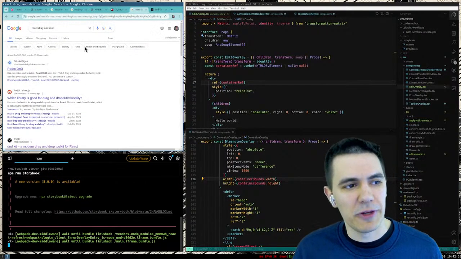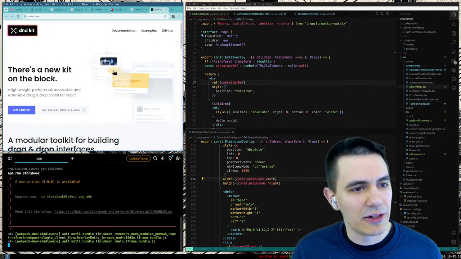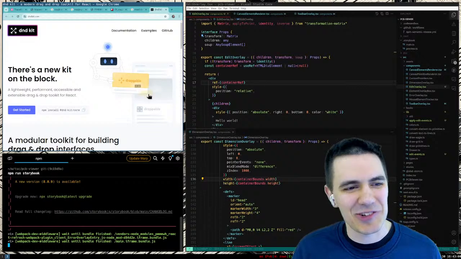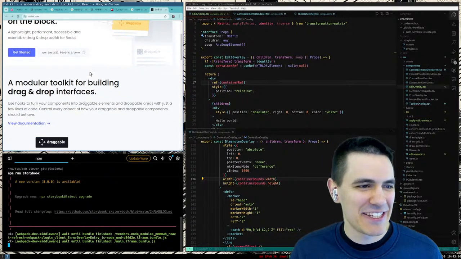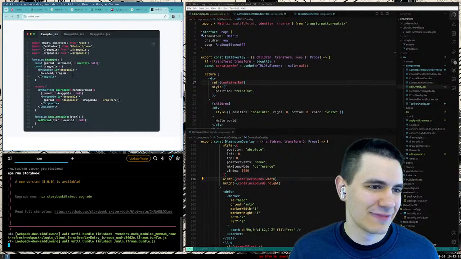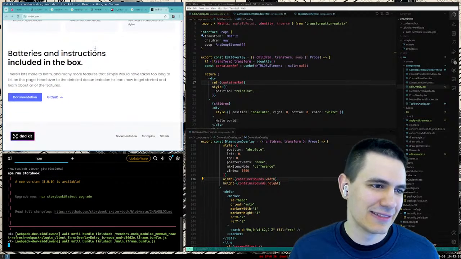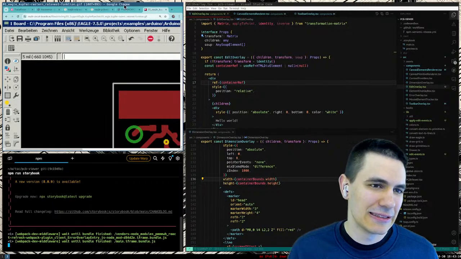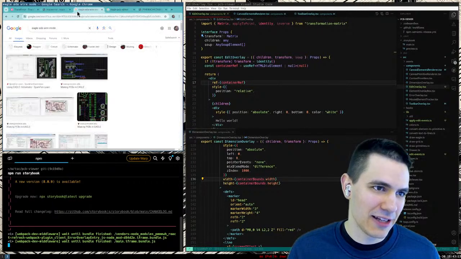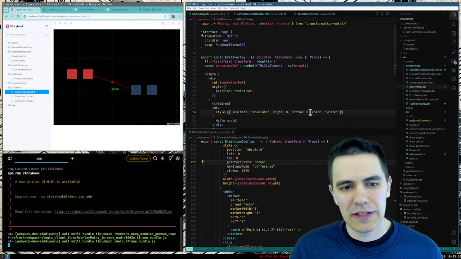I'm very familiar with React D&D. It's been a little while, but wow, they didn't make this draggable. Missed opportunity. I feel like this probably isn't a good fit. Everything else is kind of low level. This probably doesn't make sense to go high level just for that one component. Yeah, let's stay